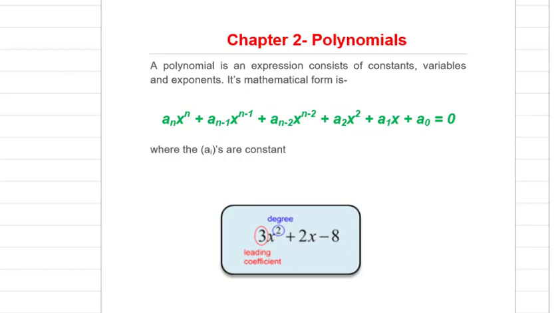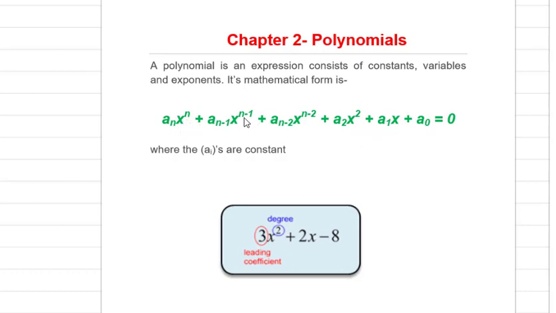So students, today we will start the chapter polynomial. A polynomial is an expression that consists of constant terms, variables and exponents. Its mathematical form can be given as this. Here you can see that a_{n-1}, a_{n-2}, a2, a1, a0, all these are constants, whereas